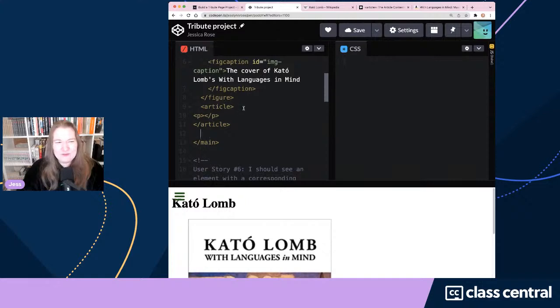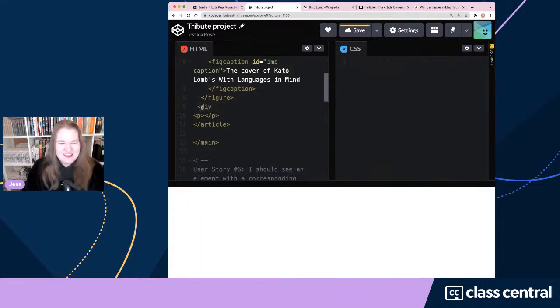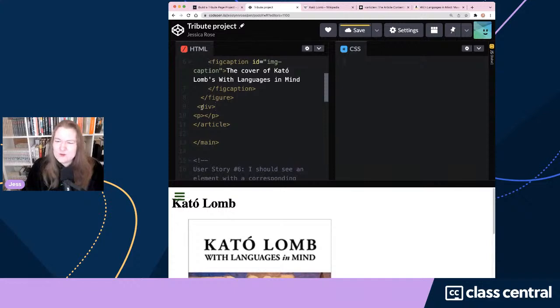So we've learned that an article, if we want to have one, is completely optional. You don't have to have an article here. So we can either change this to a div and lose a little bit of the semantic meaning, which is a normal way to use a div. This is not unexpected. It's not bad. But I think what I might do